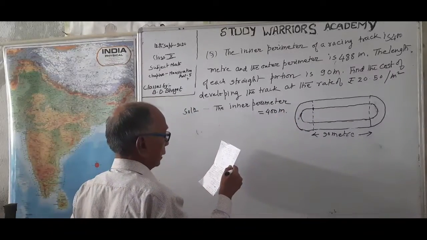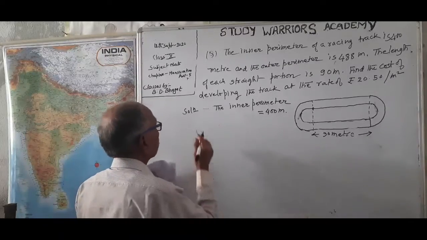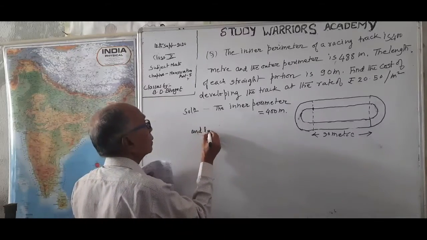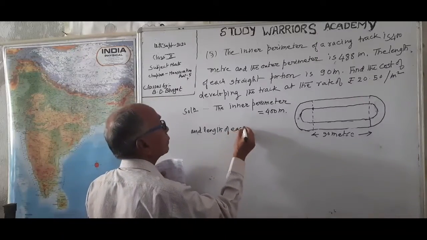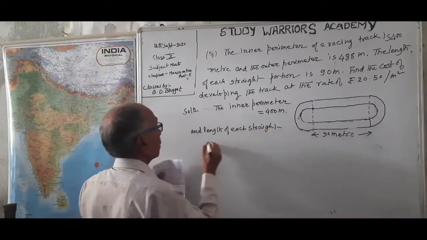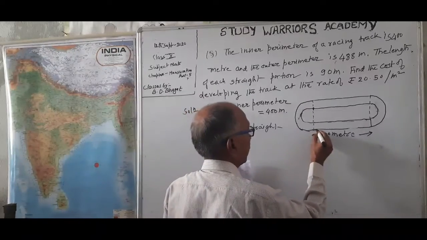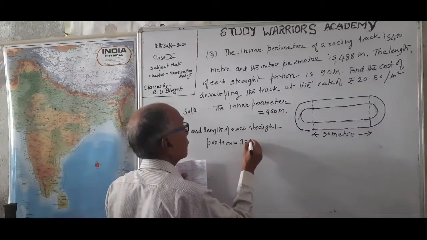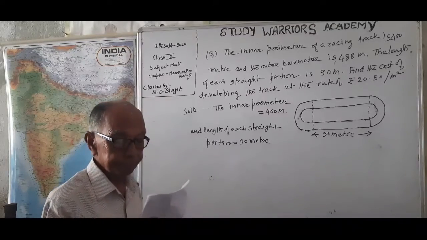The inner perimeter, and the length of each straight portion, means from here to here, is equal to 90 meter. Therefore,